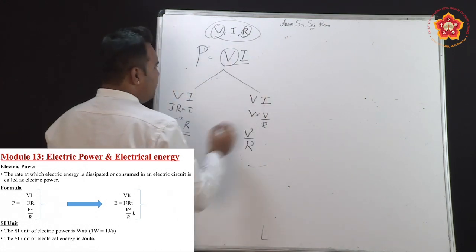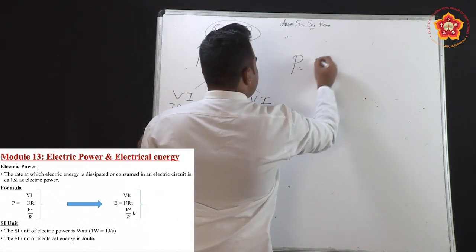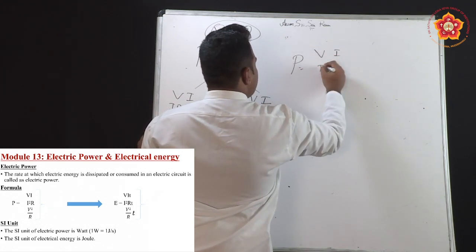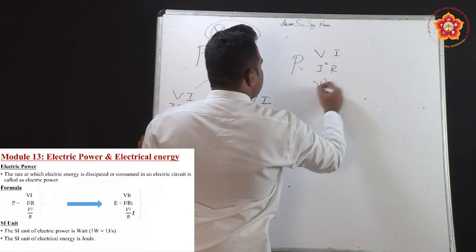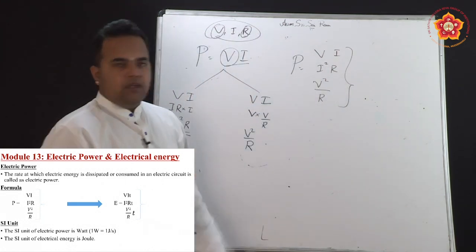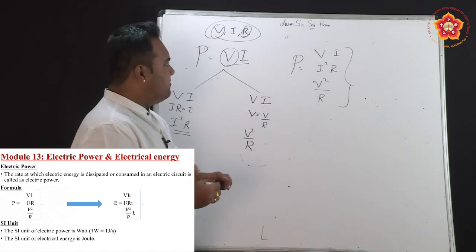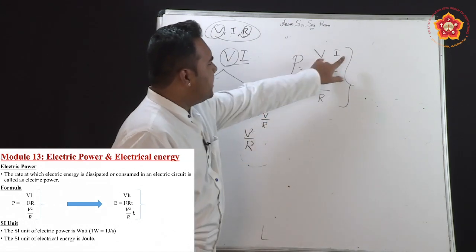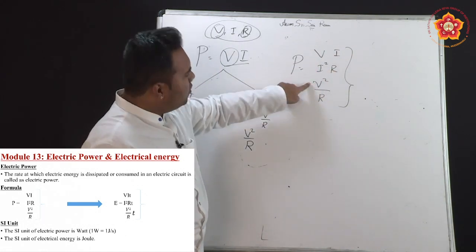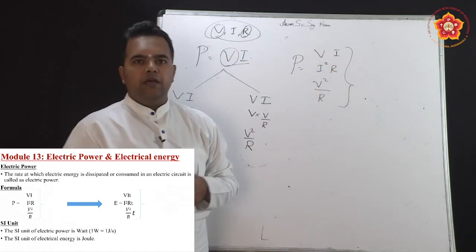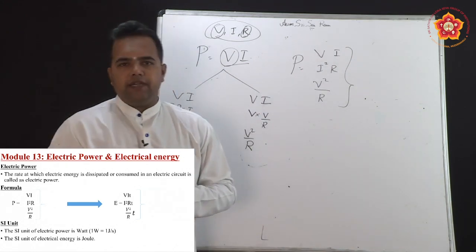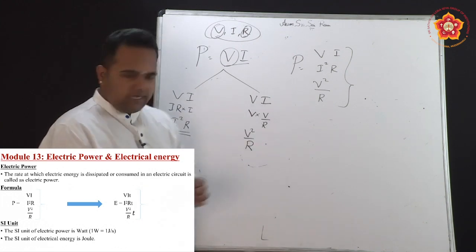All these three, whatever we are seeing here, power is V into I, I square R, V square by R. All three are one and the same. If I know voltage and current, I use the first. If I know current and resistance value, I go to the next formula. If I know voltage and resistance, I go to the third formula. Whichever way we calculate, the value we arrive at is one and the same. So, let us look at the slide now.